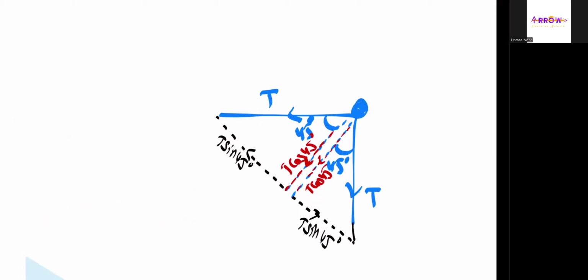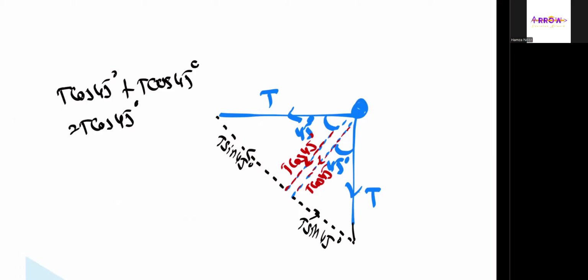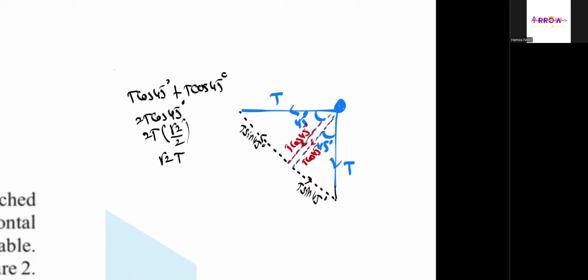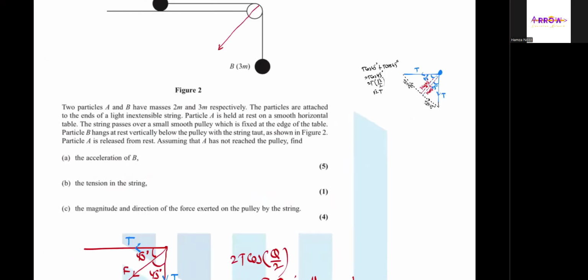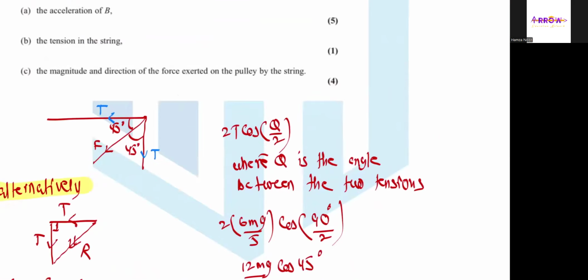Okay, so we are going to say that T cos 45 degrees plus T cos 45 degrees. Okay, which means 2T cos 45 degrees. Okay, and since the value of cos 45 is under root 2 over 2, this 2 and 2 get cancelled out, and therefore you are left with under root 2 multiplied by T, which is the same thing which you obtained earlier. Okay, but my purpose over here is to tell you that we have a standardized way to